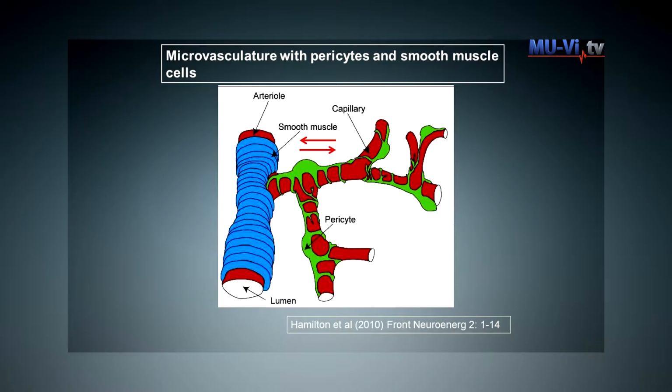One interesting fact is that pericytes can transfer into smooth muscle cells, and smooth muscle cells can transfer into pericytes. This means that both cell types have the same origin. The pericytes,